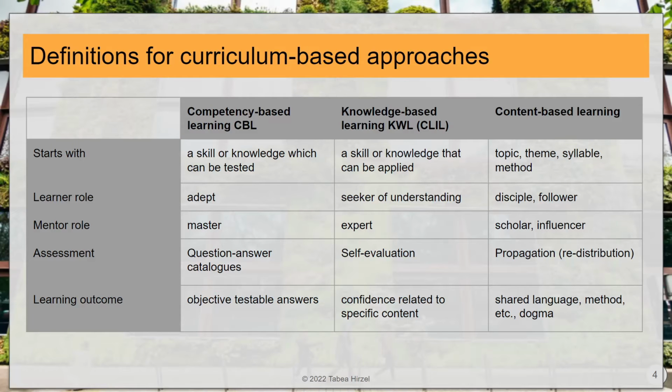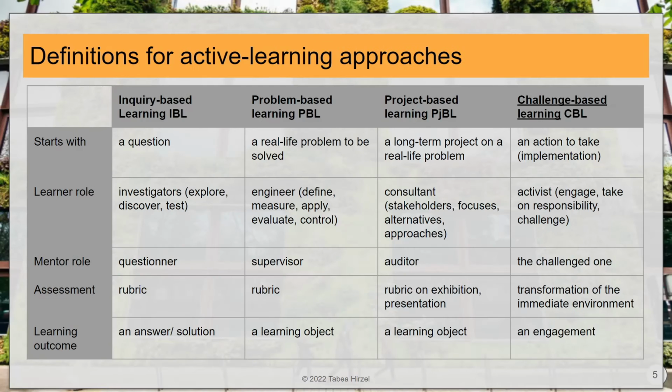So in knowledge-based learning, it's more for self-evaluation, and what you actually get as an outcome is confidence. So this is very good also for tests in an environment, like in training for emergency or these kind of things, for example, because you can make your own checklist. I know this, and this is where I need to improve. This is all curriculum based. This is usually what you will see in a standard traditional curriculum also, like I know to do this, I have experience in that. Knowledge based learning is also job experience that is in your curriculum. And content based learning, of course, is also in the traditional curriculum.